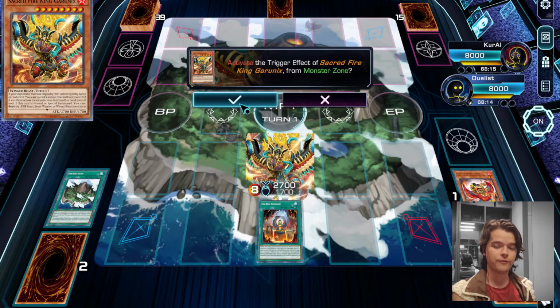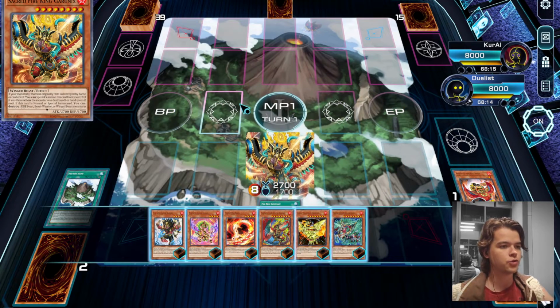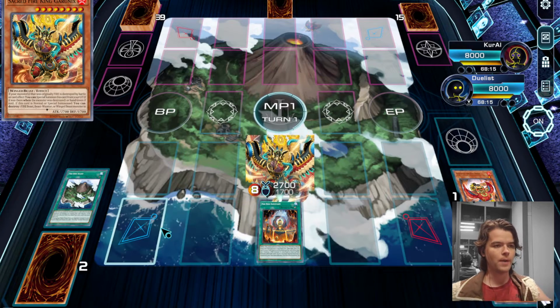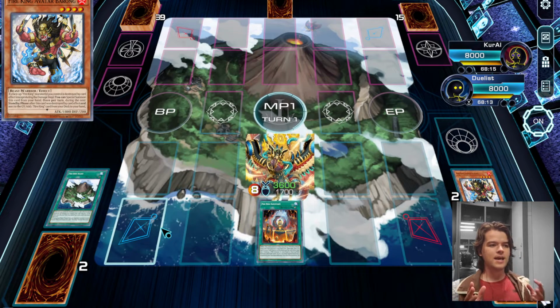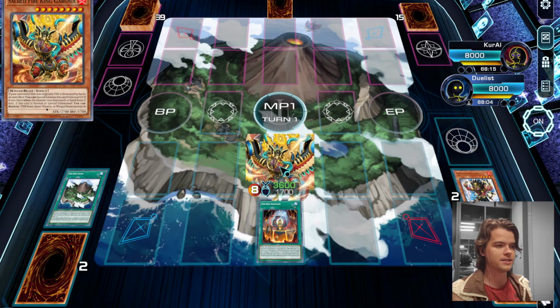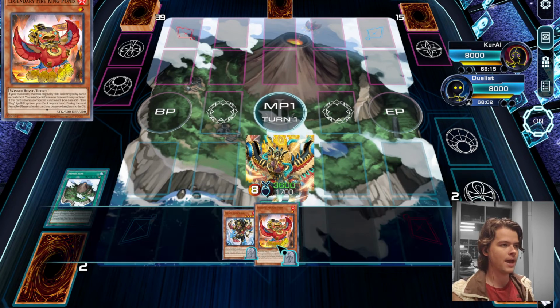And then his secondary effect will activate when special summoned, allowing us to destroy our Fire King Avatar Barong from our deck. And just like that, you've got a pretty decent setup. So let me show you exactly what this does. So what we've got here is our Garunix on the field, a nice level 8, and a Barong and Ponix